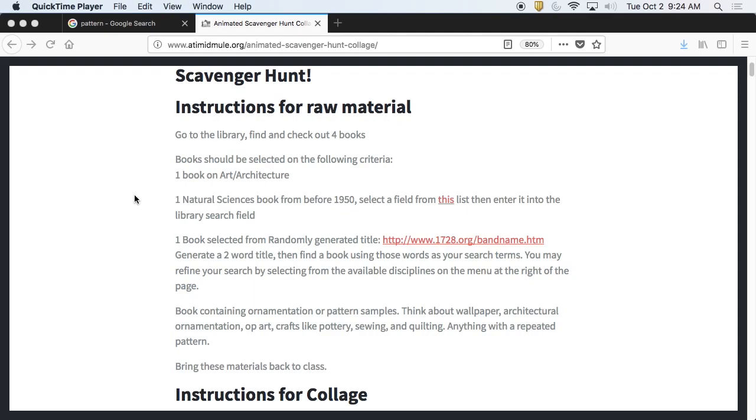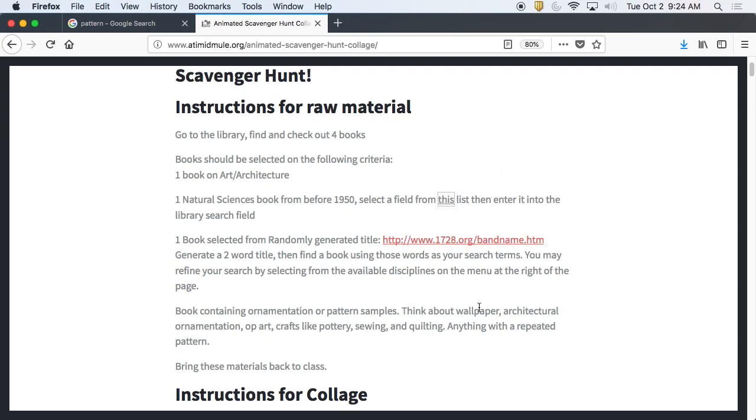You want a book on natural sciences from before 1950, okay? And if you look at this list, oh, sorry, I'll fix that in a second.